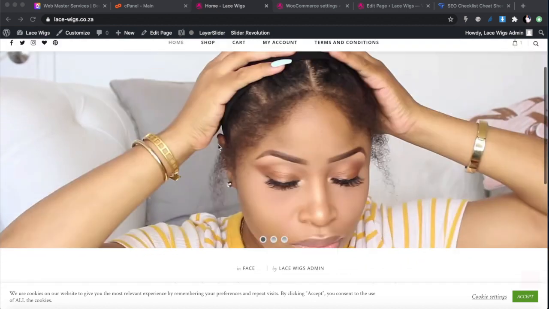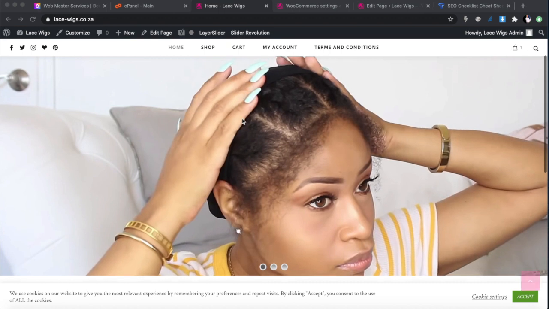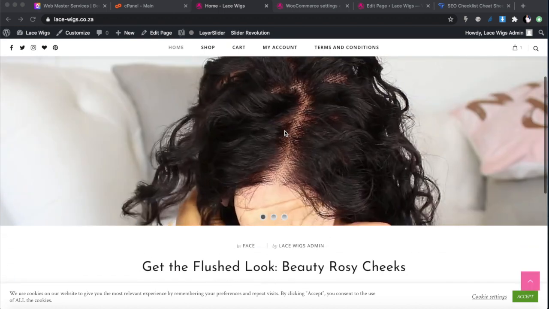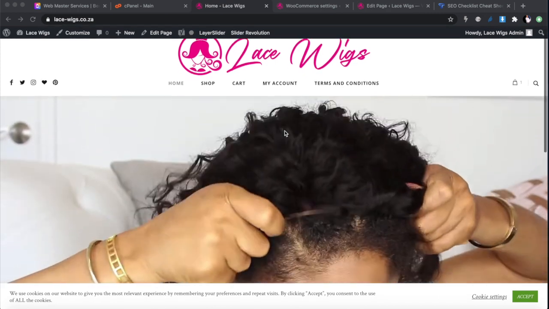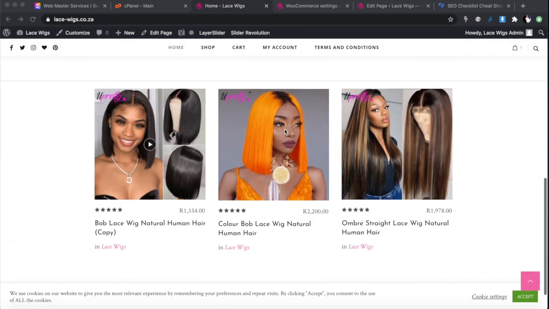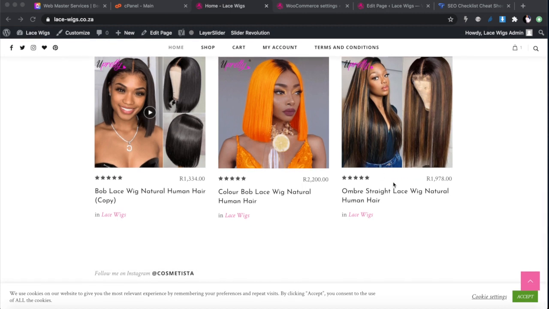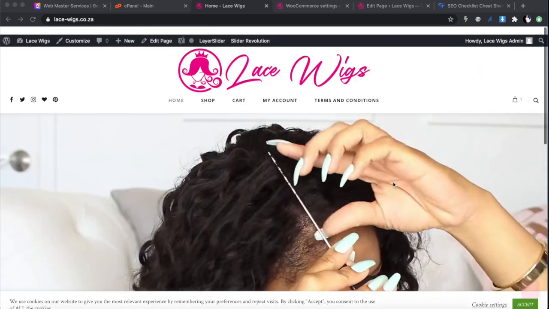I'm going to show you how to build this front page using Slider Revolution and include a video on it that people will see immediately when they go to your website. I'm going to show you how to include your products on the front page without using template kits, just using the theme that we have in here, and no premium themes, just one theme that you're going to pay for, and you have all of this included in it.